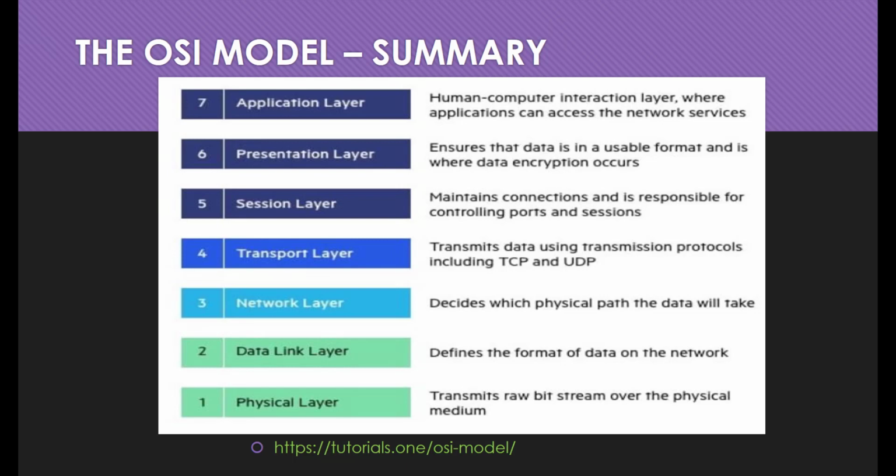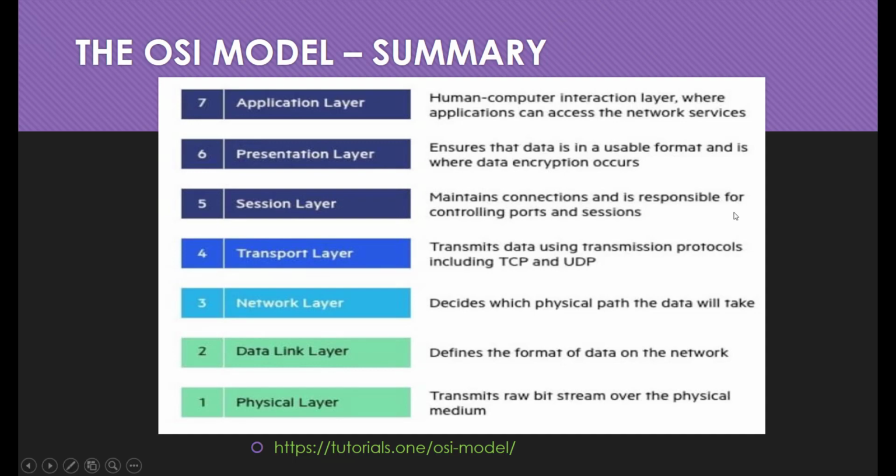Then the presentation layer ensures that data is in a usable format and is where data encryption occurs. Then the session layer, which is layer 5, maintains connections and is responsible for controlling ports and sessions. The transport layer, on the other hand, transmits data using transmission protocols like TCP and UDP, like we saw. The network layer decides which physical path the data will take. The data link layer defines the format of data on the network, and the physical layer transmits the raw bit stream